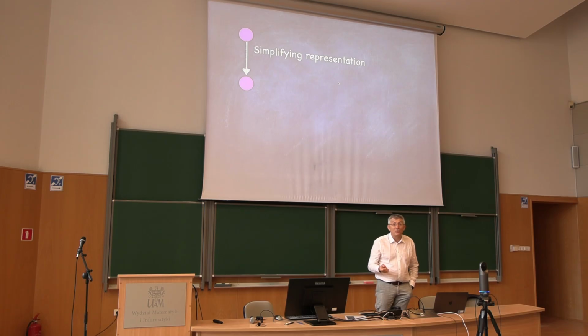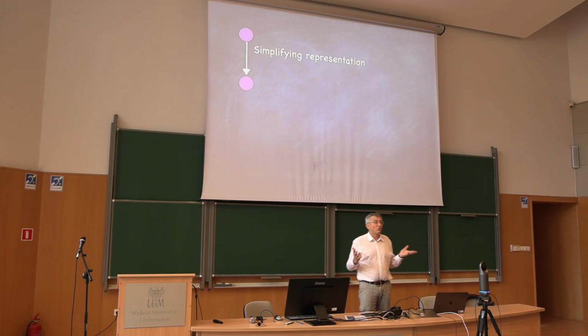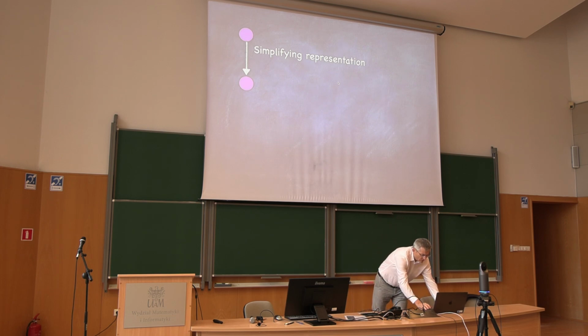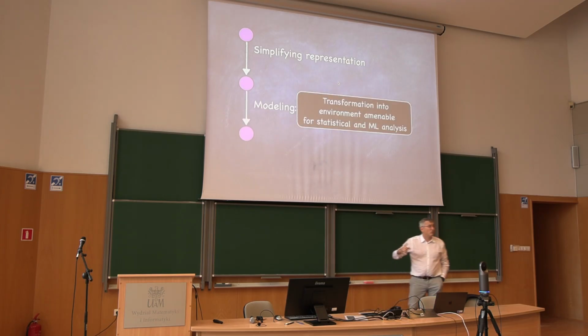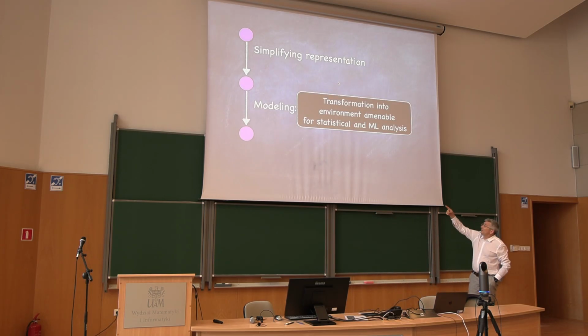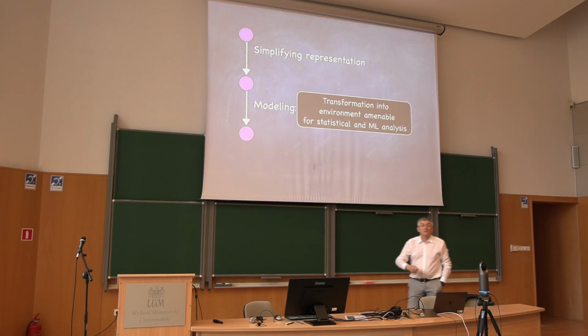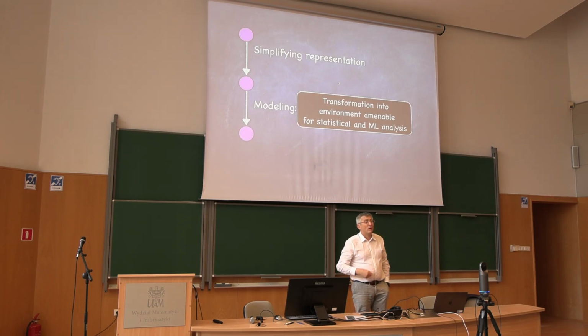Okay. Maybe you observe that some of these numbers are very tiny, some of these numbers are very large, and you might think, maybe I should look at log scales of these numbers. Or maybe you notice some periodicity and you discover that maybe it's good to look at these numbers as elements of a circle or some other ways of representing this thing. This step I called modeling, because you want to transfer these numbers into objects, possibly numbers, which are more amenable for statistical analysis. Maybe the word modeling is not really appropriate.